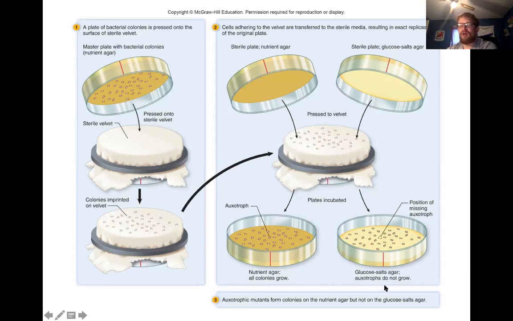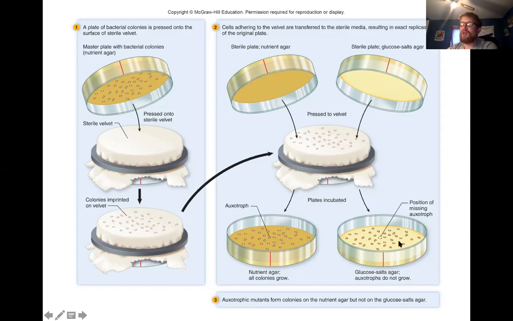However, what we see on this glucose salt plate, or minimal media, is that when you press the same stamp on and compare the two plates, it highlights this small section. Something's missing. It's not growing there. That means this is the auxotroph. Because this minimal media plate doesn't have all the nutrients needed by mutants, it can't grow here. So it's indirect selection because you have to compare it back to the plate where everything grew in order to identify where it is. You're pulling it off of the plate where everything grew, because it can't grow on this plate.